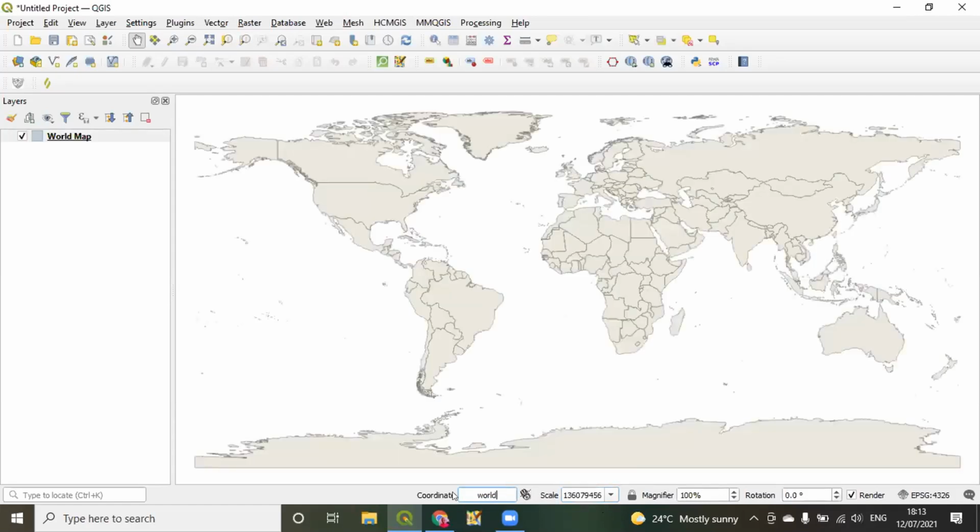Okay, so if you type in the word world on coordinate, it will bring you the whole global map. Now the scale is the extent at which you're viewing your data. You can see it's in millions. This is a very large scale. That means the information you're going to see is very little. You're basically only seeing the